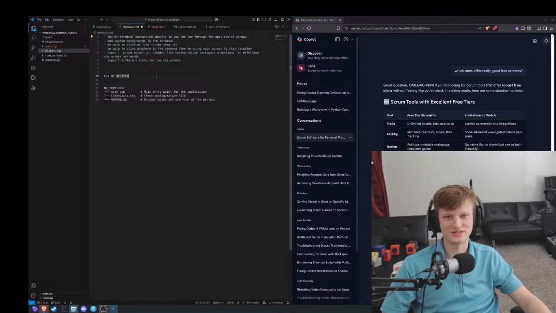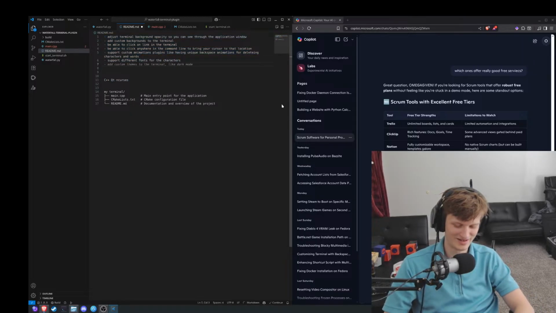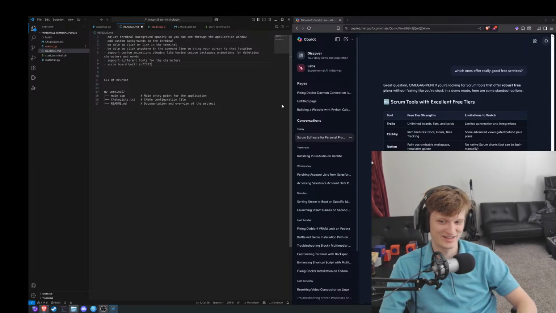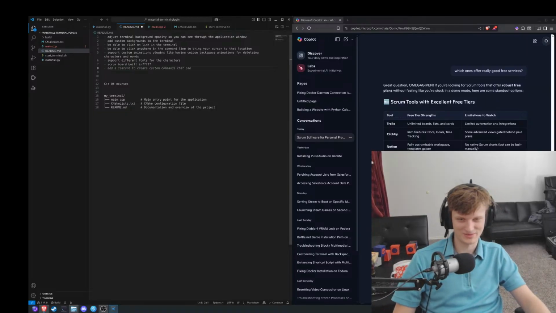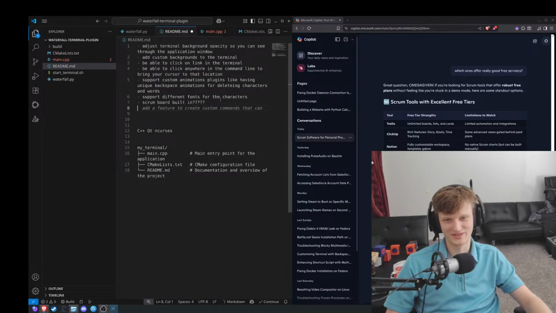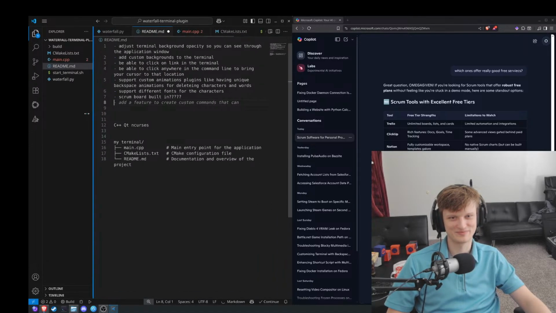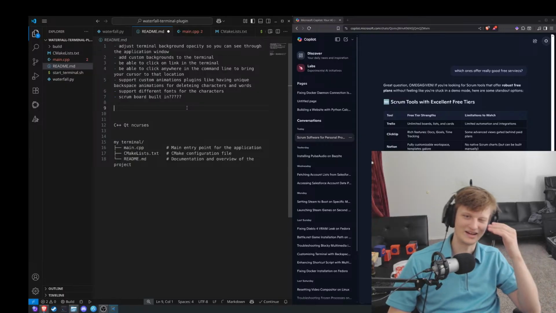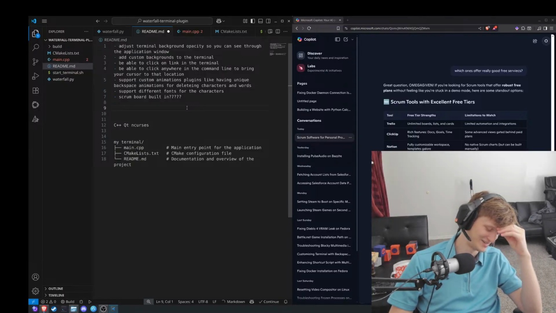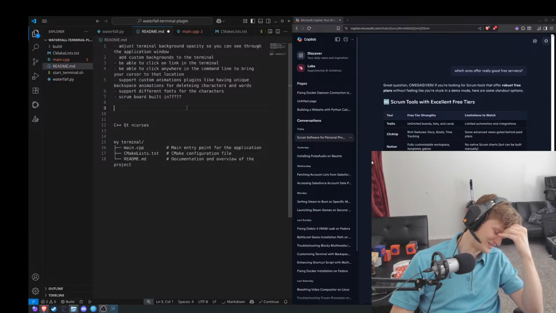So these are all features in our terminal that we'll use. Scrum board built in, question mark. Maybe that'll be something we include in our crazy thing. I don't know, we'll see. That would be so funny if we do build a Scrum board inside of it though.